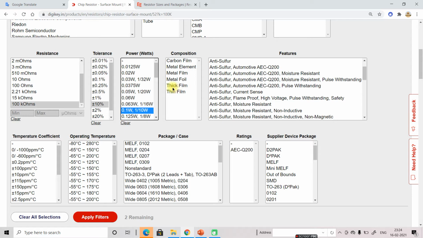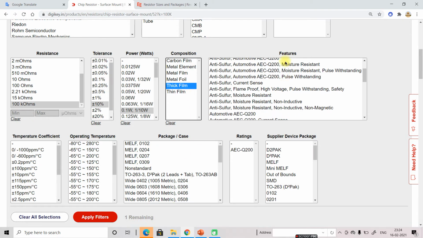Composition, general use composition is thick film. So metal film also general use, but thick film is more general use in commercial. So I select here thick film. So now its value again changes. So it is having only this feature component, only one.